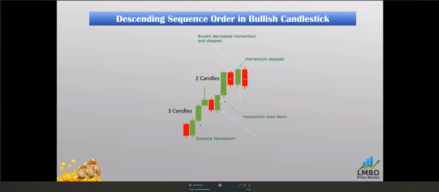And if we find the numbers, this is a sequence, 3, 2, 1, it's decreasing. The 3 is a higher number, then it's a lower number, then again it's a lower number. 1 is the point where the buyers will stop. And then after that, the sellers will start the market again.